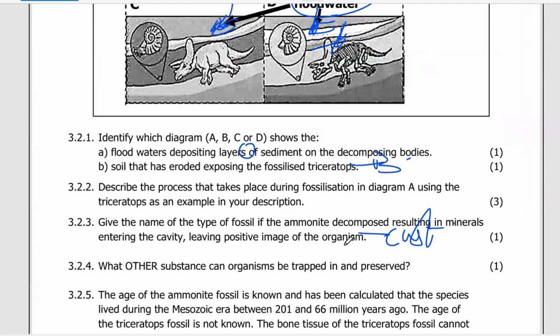So in which other things can we find this? We can find it in the amber, in the ice, which we call the glacier. We can find it in the tar, and in that fluid which comes from the plants. Sometimes it's whitish. So when it solidifies, then they're saying that